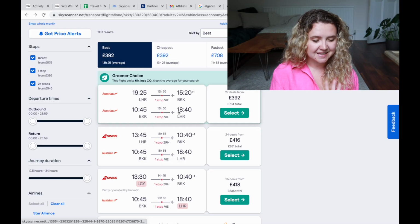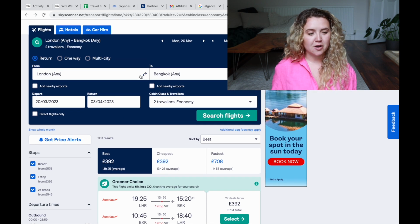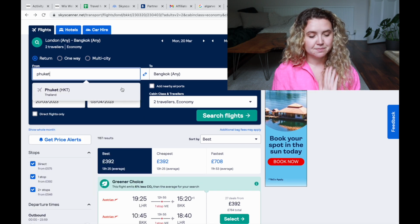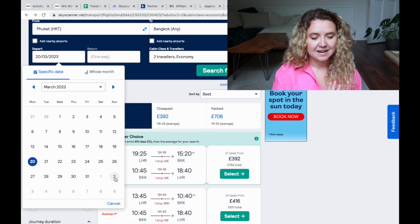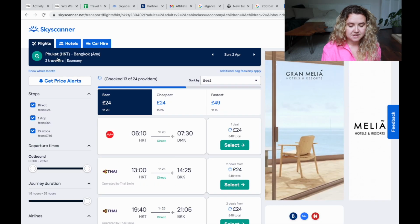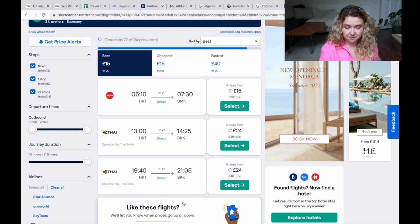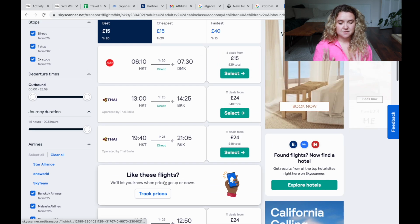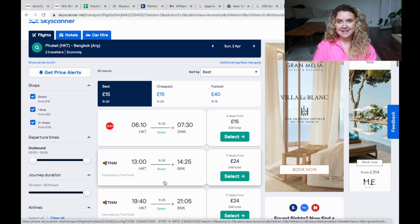You know how to do this already, but I've done a quick search. We fly at 10:45 a.m. on the 3rd, so we want to get back to Bangkok on the 2nd. So we'll write Phuket to Bangkok one way on the 2nd of April, and we'll do a search. Phuket to Bangkok, 2nd of April. As you can see, we've got options here really early for £15. There's so many times for just £24, so we'll book that, £24, get back to Bangkok on the 2nd,